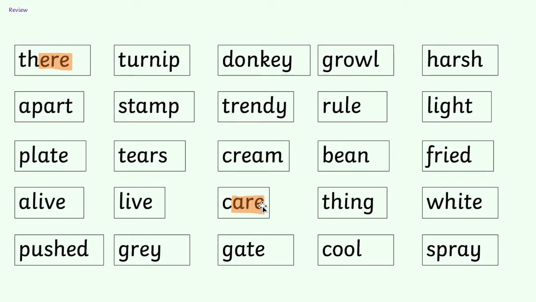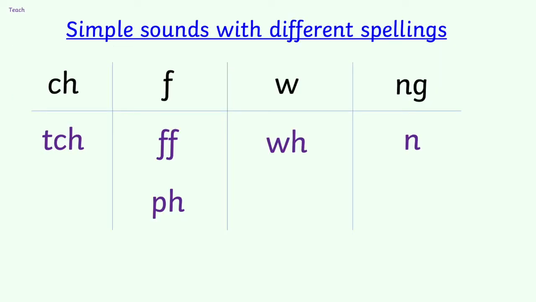Okay, let's have a think about what we're looking at today. We're looking at today simple sounds with some slightly different spellings. So the sounds that we're thinking about today are all sounds that you've covered before. Ch, f, w and n. And these sounds are normally spelt like this, with these letters at the top in black. However, today we're going to look at some different ways that you can spell these sounds that you find quite